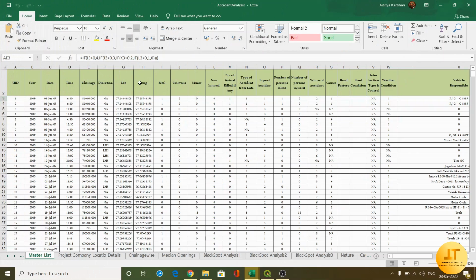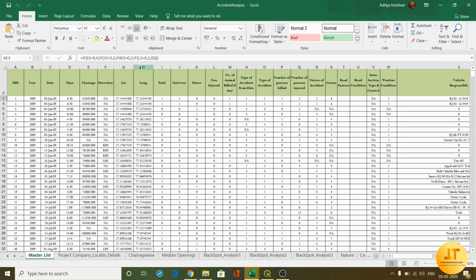This is the accident data which we obtain from various sources such as police stations for a particular road. We'll group all the data together. The accident data includes the date of accident, time at which accident occurred, chainage at which accident occurred, direction that is LHS or RHS, latitude and longitude points of the accident.